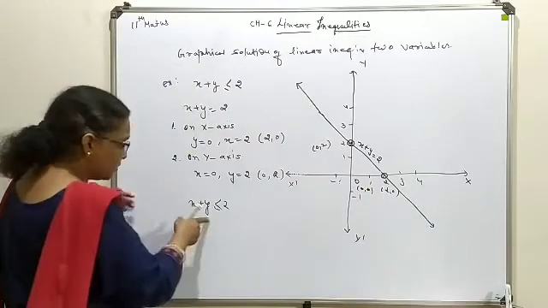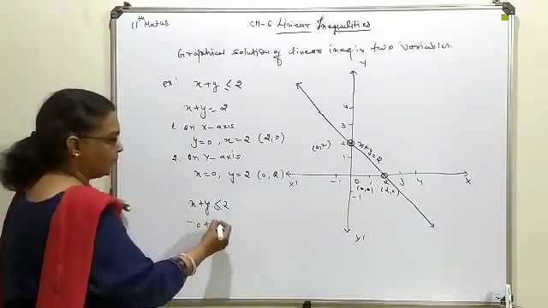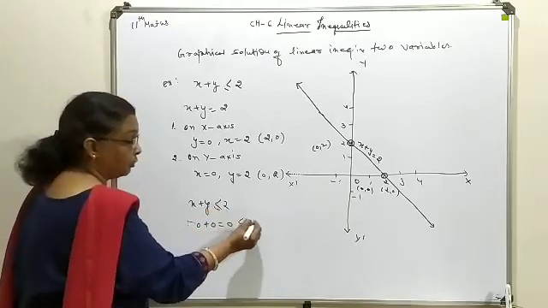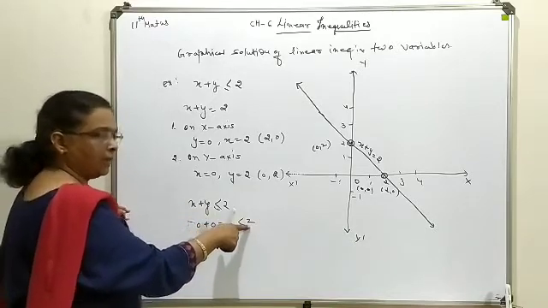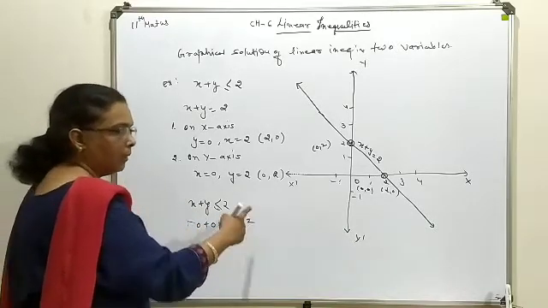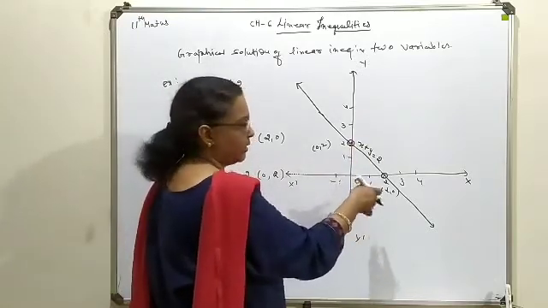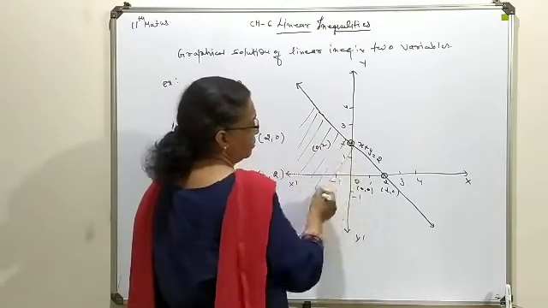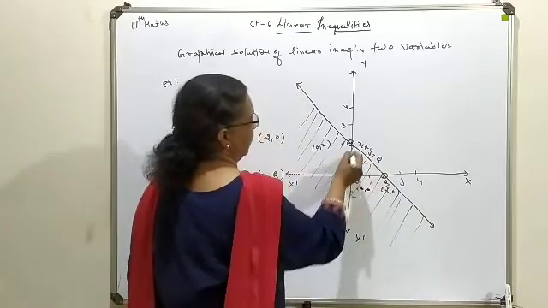You will substitute on the left hand side. So what do you have? 0 plus 0 means 0 will come. So it is less than 2. It is true. Means 0, what you are getting, is a lesser quantity as compared to this 2. Means towards the 0 where the origin is located, you have to make a shade. You can use a pencil to shade the region. So this is called the shading.